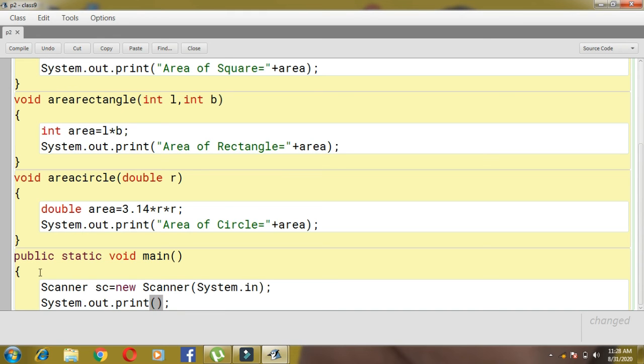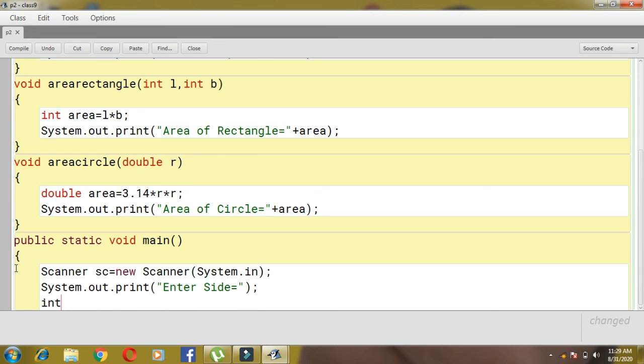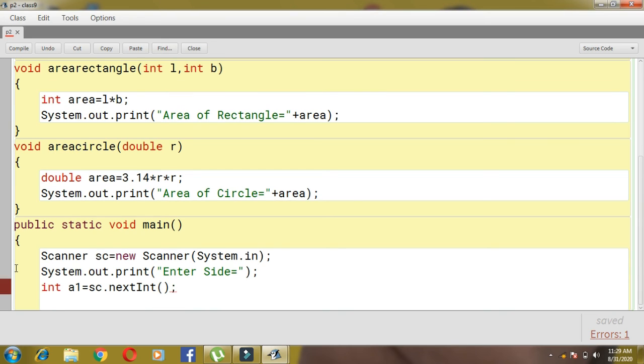If you see properly, for area of square we need side, so let enter side. There I have taken children's a, so I'll be giving here a different variable. I'll write a1 is equal to sc.nextInt. You are not allowed to take same variable, okay, because this is actual parameter and a is what? Formal parameter. A1 is actual parameter.